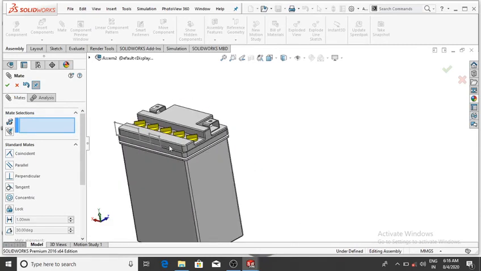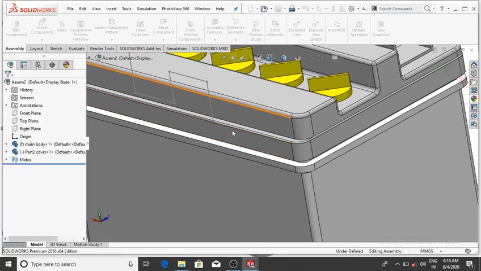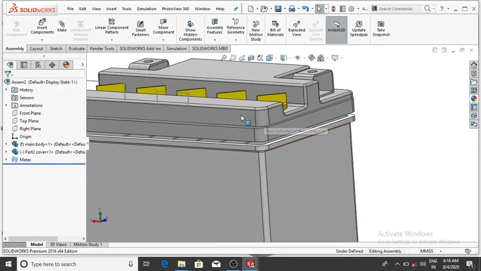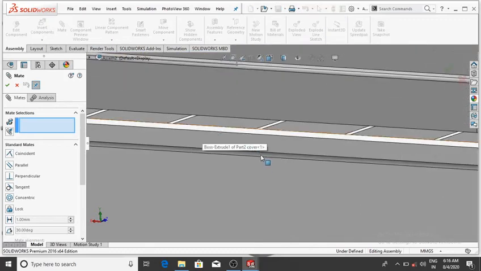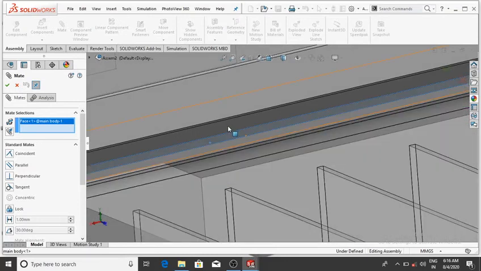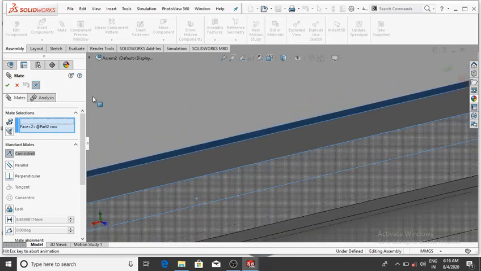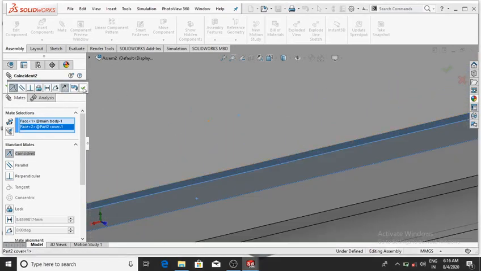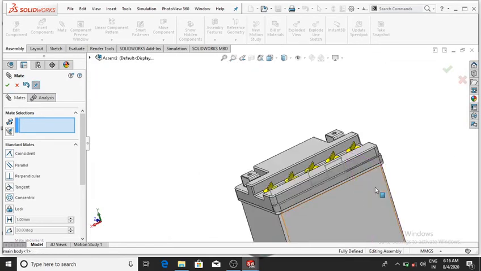And again we select the mate and select this face, and again select this one. Now it will be selected, and move it up to this and make the relation coincident, then okay, it will be moved to this one.